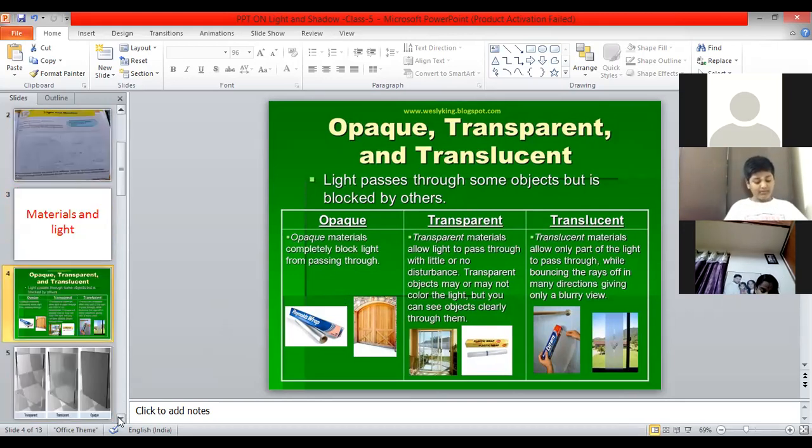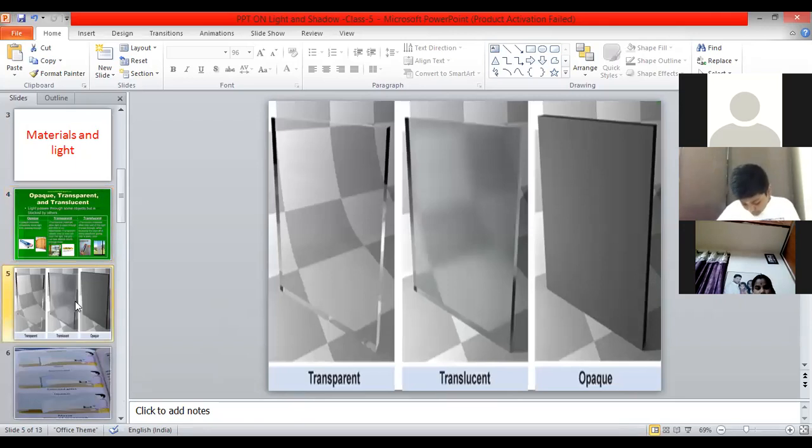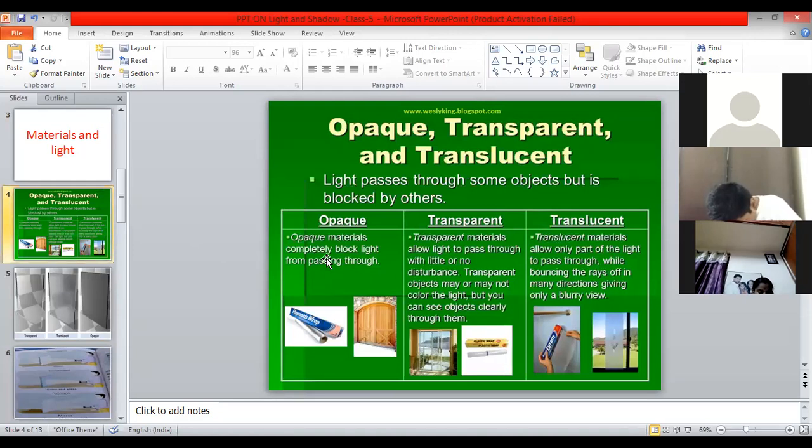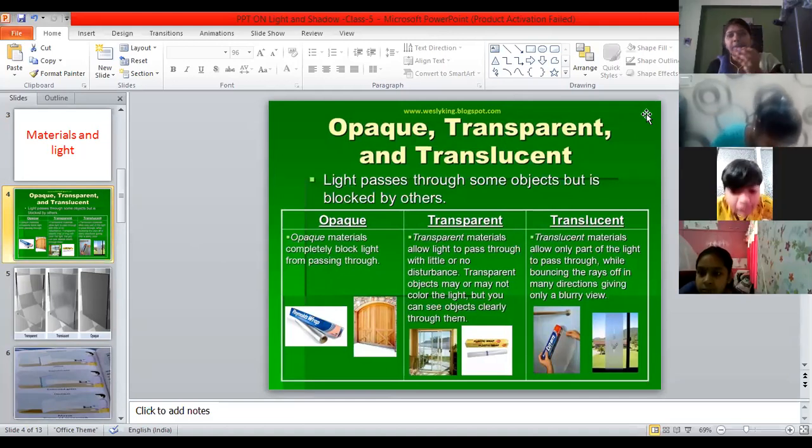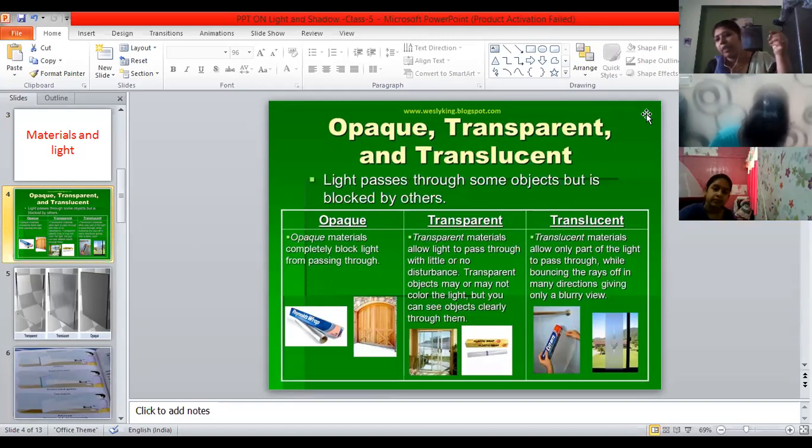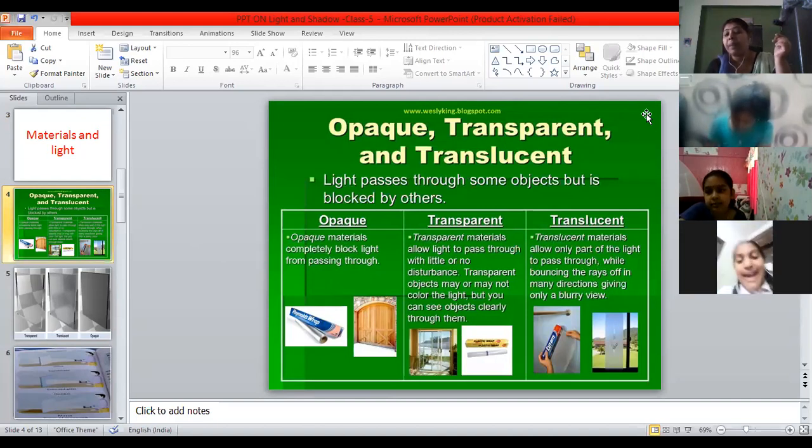You might have studied in the previous class also. Transparent materials. Ma'am, can we see back of that object also, ma'am? No. The material which allows the light to pass through them. Can you see this? Glass, ma'am. Can you see me through this glass? Yes, ma'am. This is a piece of glass, right? So it will come under which type of material, children? Transparent. It comes under transparent material.